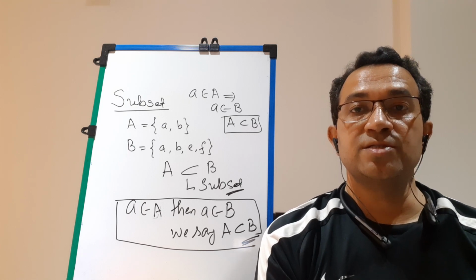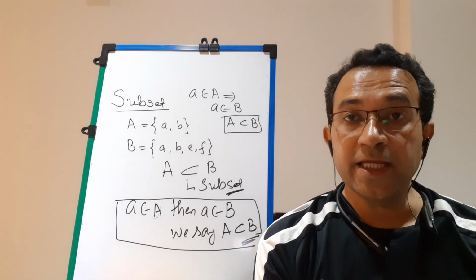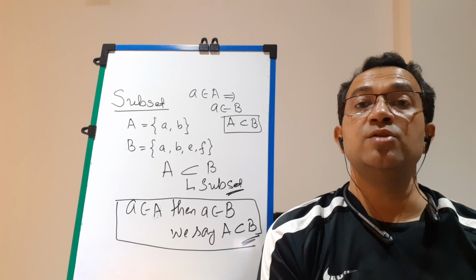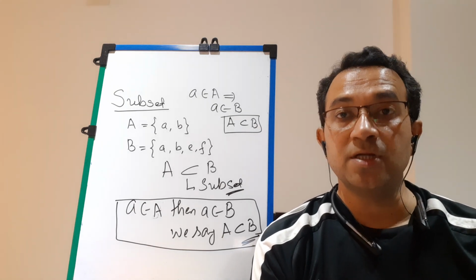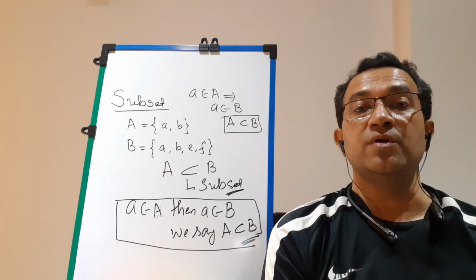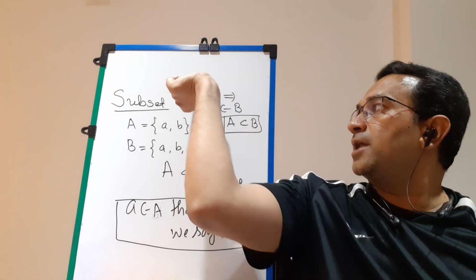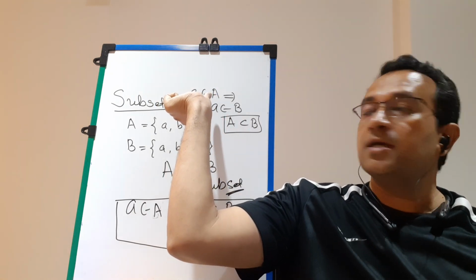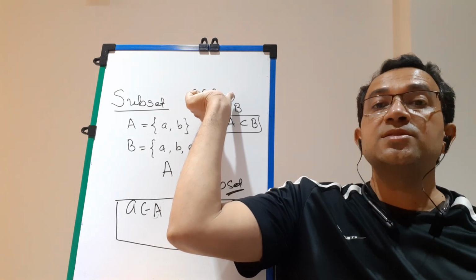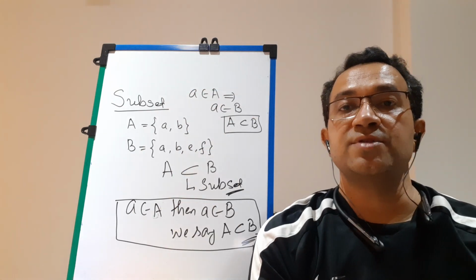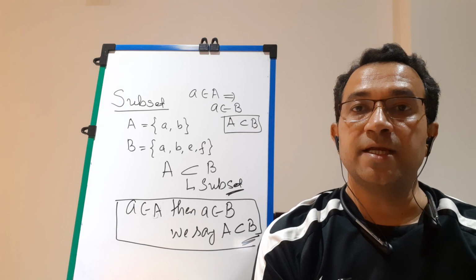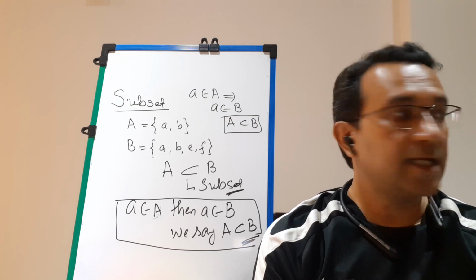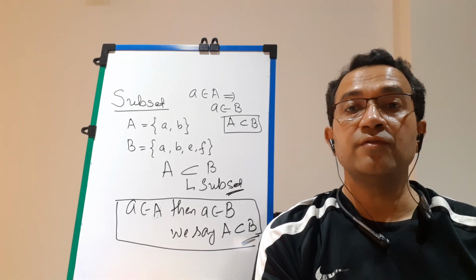This is actually based on logic, which is based on implication, students. So when I explain implication in logic in chapter 14, once again we will discuss. For the time being, you only remember this much. If a is an element of set A, implies, this arrow means implies, a is an element of set B, then students, we can definitely say that A is a subset of B.